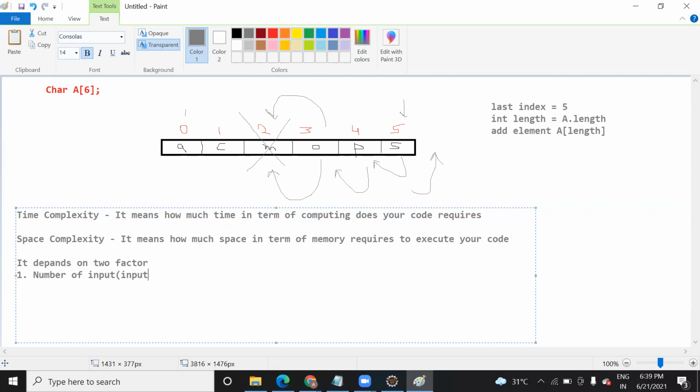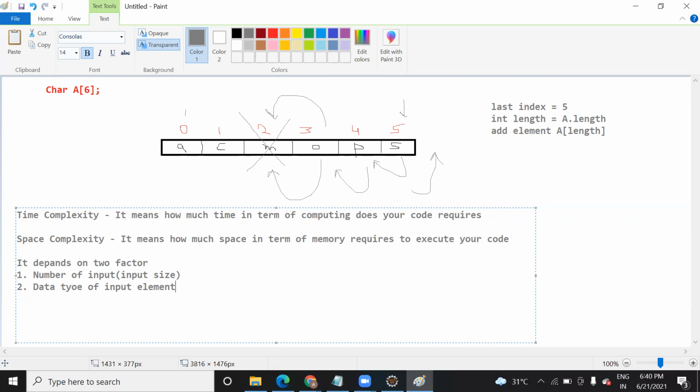So what type of input and what is the size of input, that we need to check. So first is your input size, and the next is what type of input. Type means data type, you can say. Whether it is character, double.